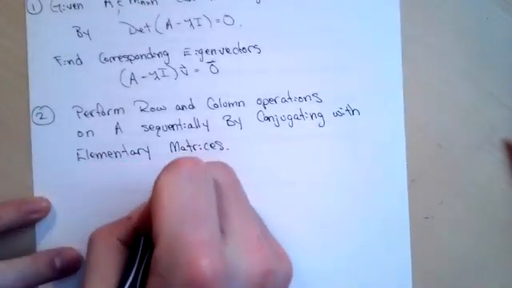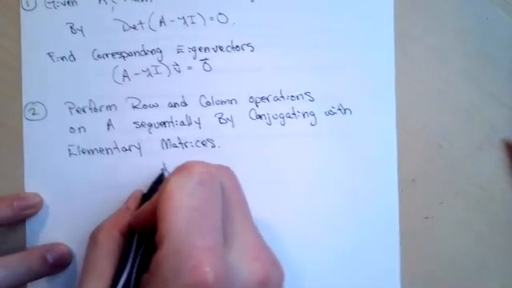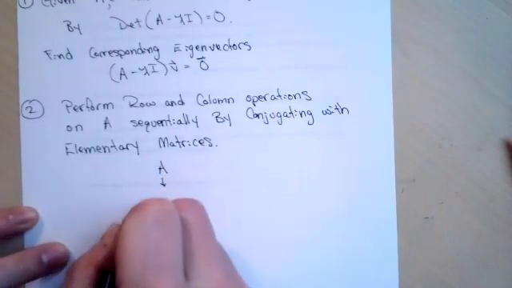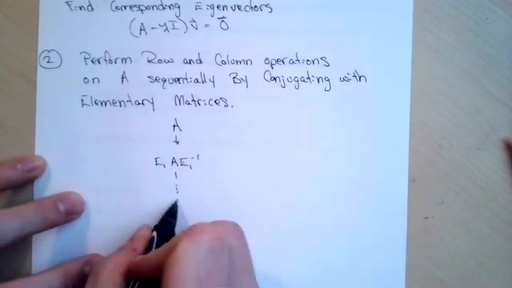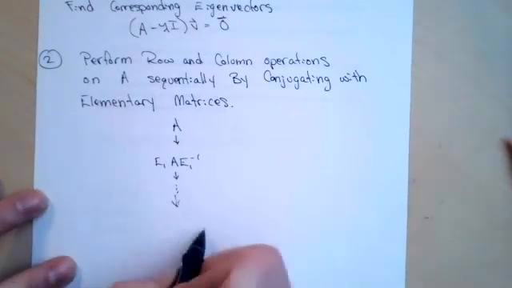So that process we saw, we just started with A, and then we conjugate, and then we just keep doing that until we get